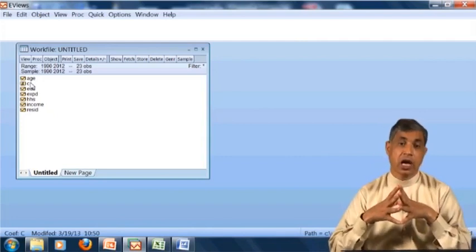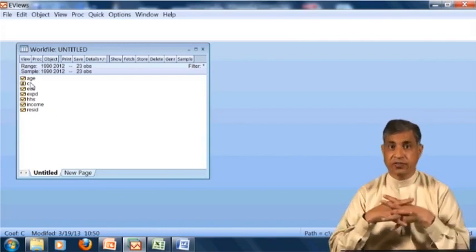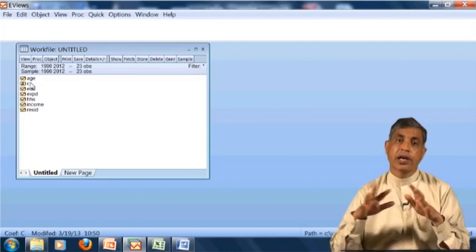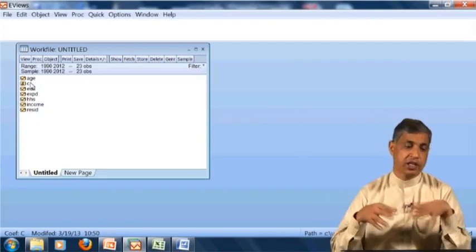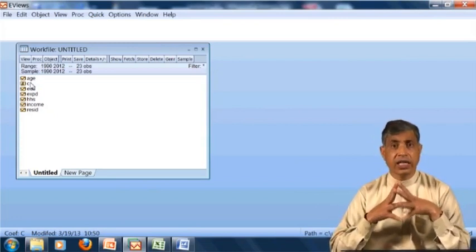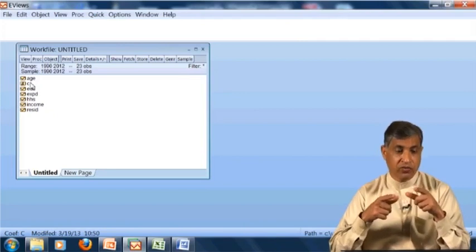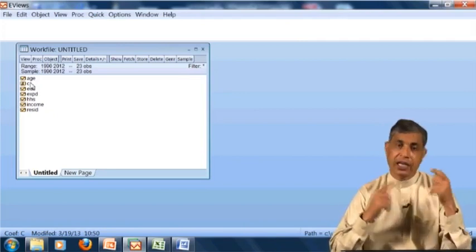Look at the smartness and the advancements of the technologies and the software. Rather than going there, copying, opening the file here, copying here, and giving the name to the variable, which was very, very gigantic and time consuming, what we did, we just gave the command to bring the data here.